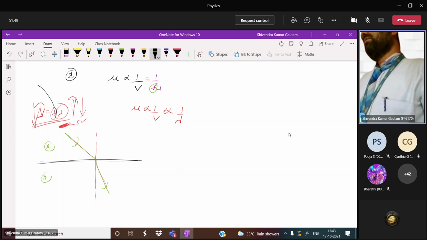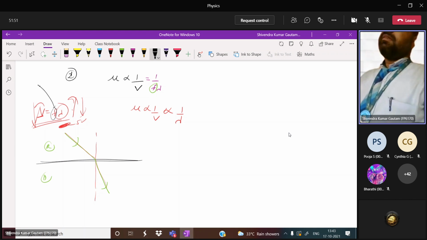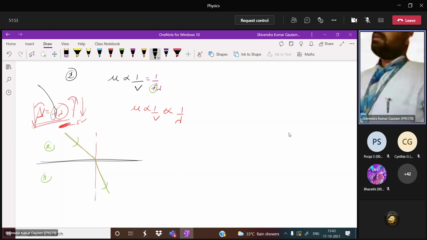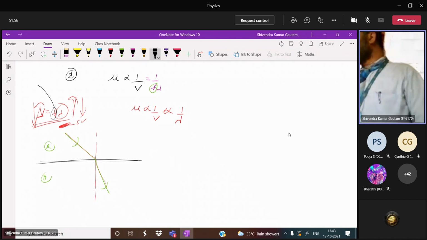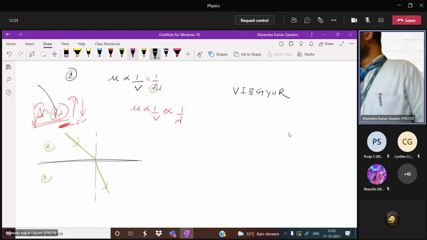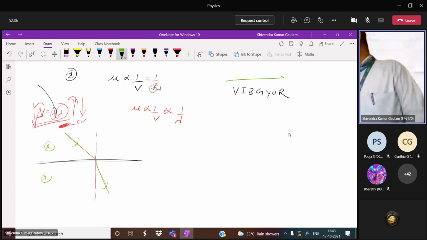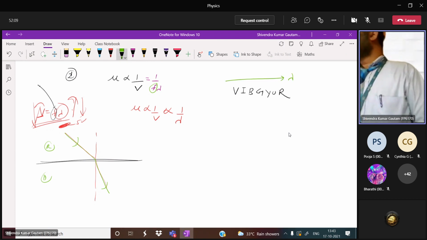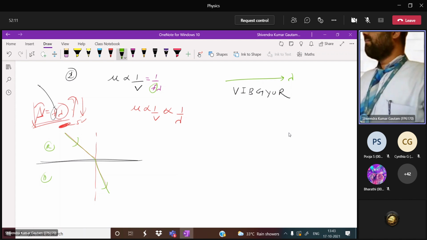Color of light. Suppose three colors of light are incident here: one red, one violet, one blue. In the EM spectrum we have discussed, you tell me, seven colors are there or not? Yes, sir. How does wavelength increase? Tell me in which order. The wavelength for red color is what? Maximum.